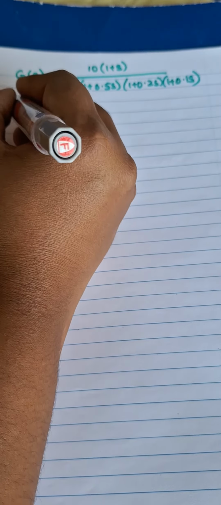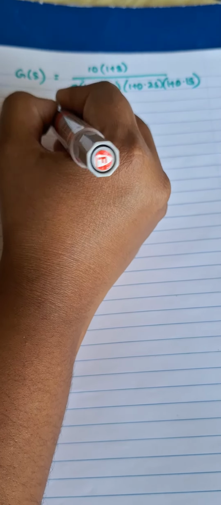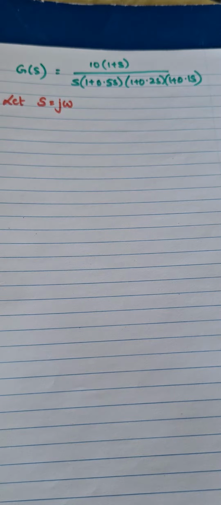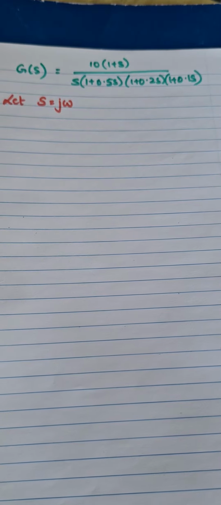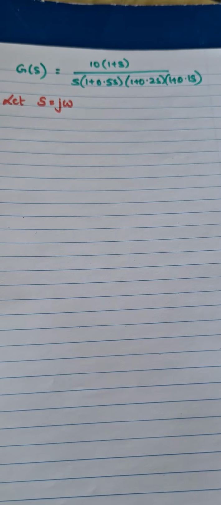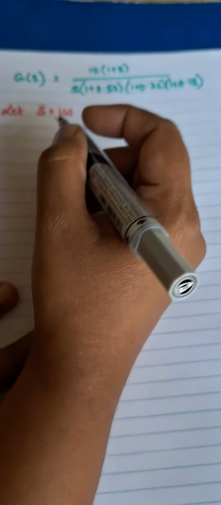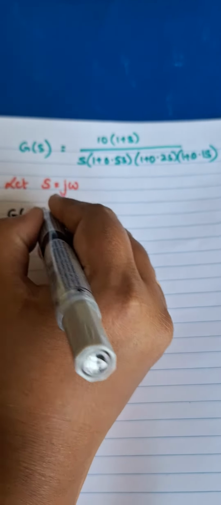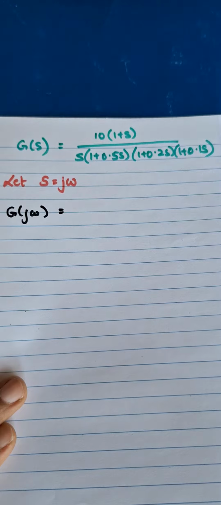First, let s equal j omega, because a Bode plot is drawn using imaginary values. So we should convert the equation into its imaginary form. So I am substituting s with j omega. Okay, so s is equal to j omega. So what will the equation be now? The equation will be G of j omega is equal to